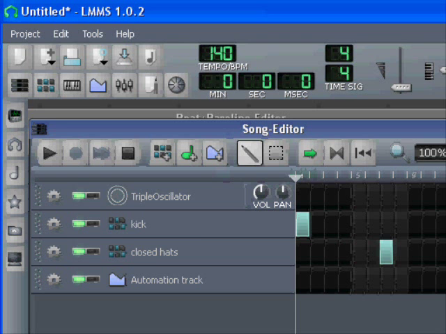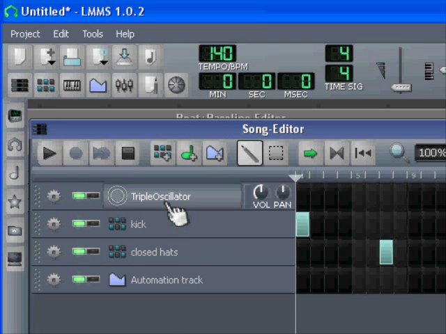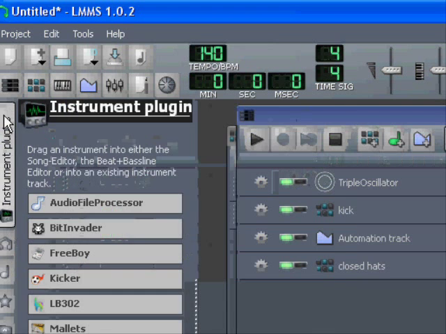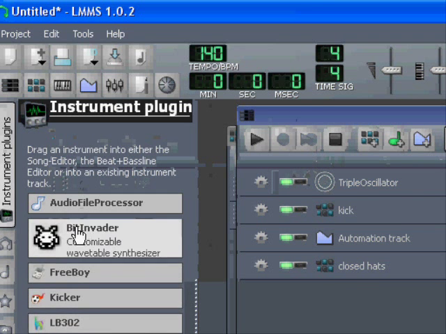Instead, we're going to make some instrument events, which are called notes, and that should be pretty easy to understand. An instrument is a preset that is inserted in the song editor. So let's bring an instrument in, and if I take it from the instrument plugin, I will have to drag it in, and I can, for instance,